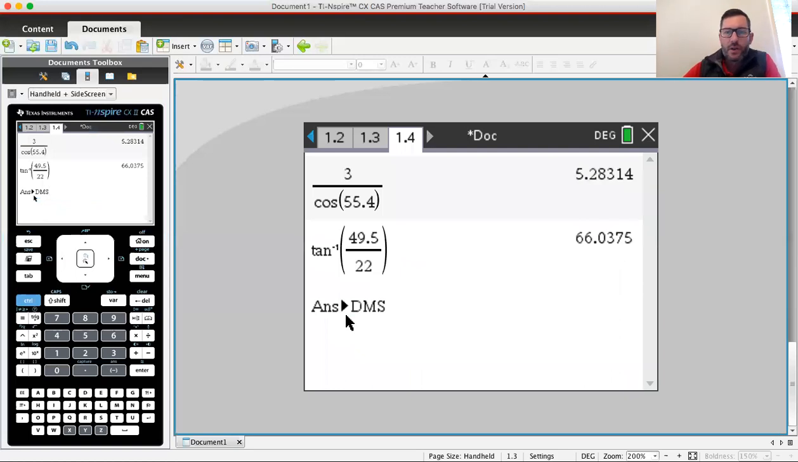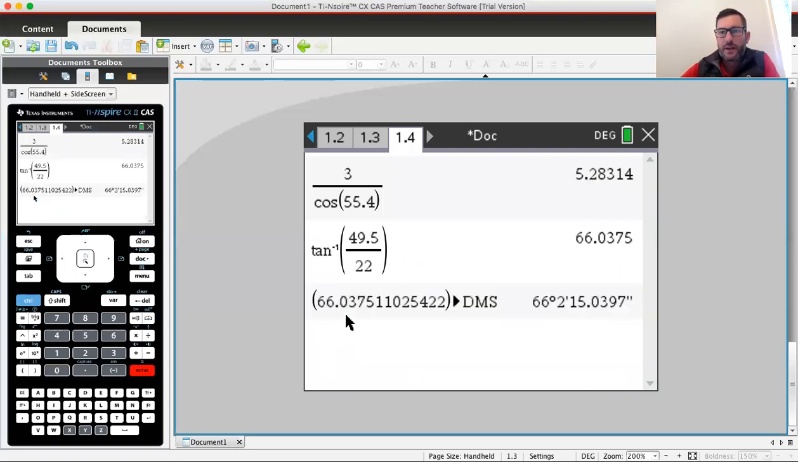And it'll say, do you want your answer to convert to degrees, minutes, and seconds? And it does there. So our answer now that we want is 66 degrees and 2 minutes. You could cut it off there and that would be your answer. All right, so that's how to get an unknown angle using